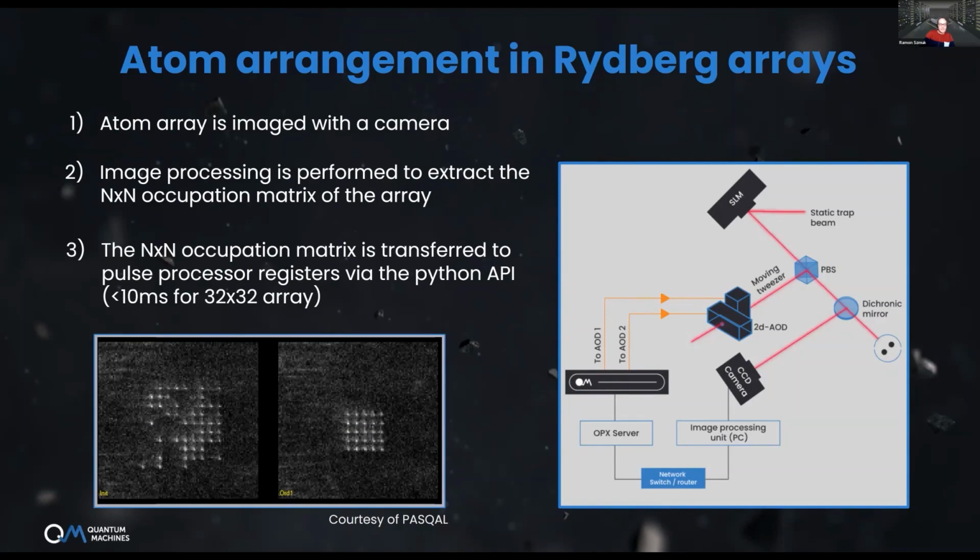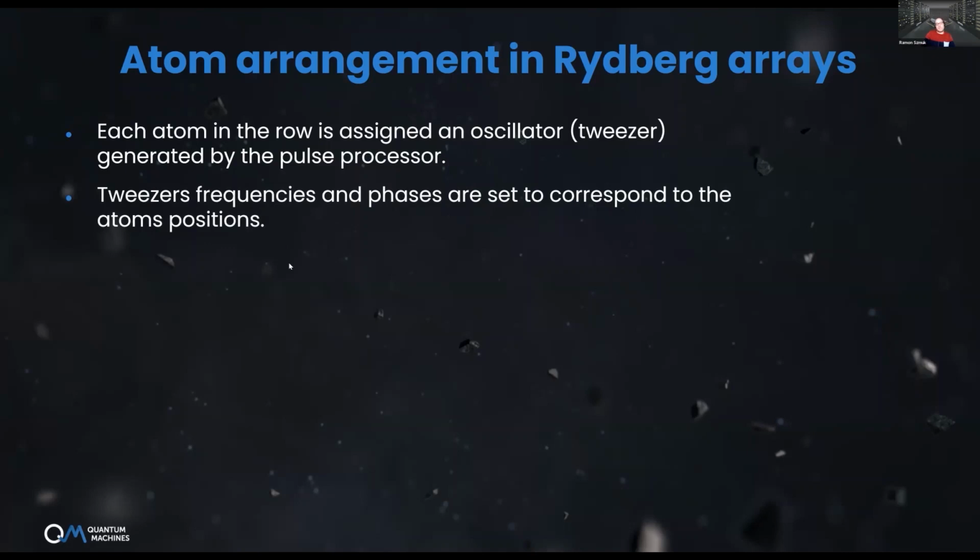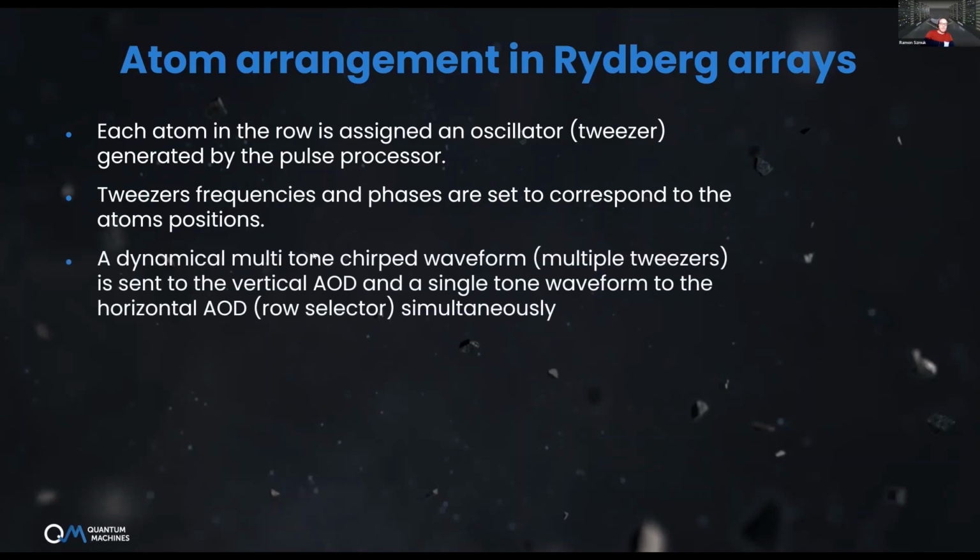So you transfer the array, and then the idea is to pick up and arrange the atoms line by line. We are doing this similar to the way it was originally done in the Misha Lukin group. So each atom in the row is now assigned to an oscillator, a tweezer inside the pulse processor, basically assigned to a pulse processor core. And then the tweezer frequencies and phases are set to correspond to the initial position of the atoms. And then we generate, and I will show you the details of how we do that,